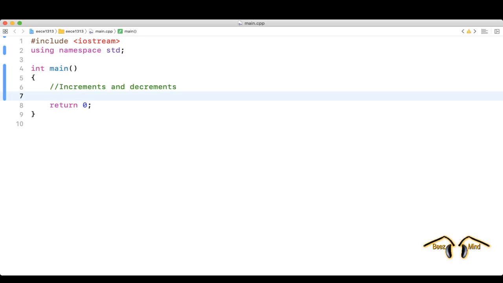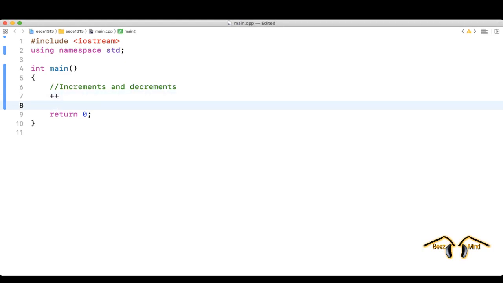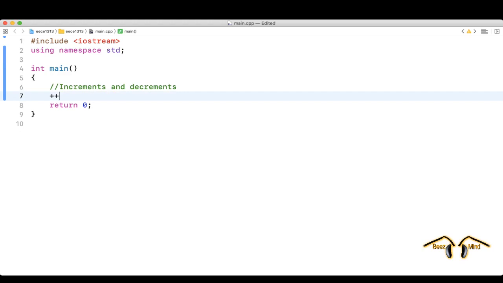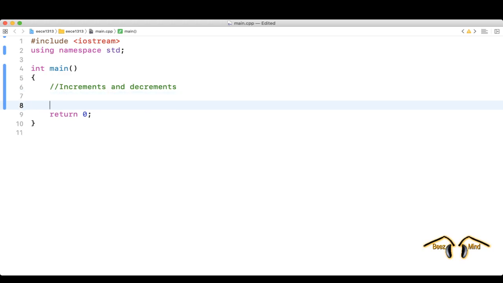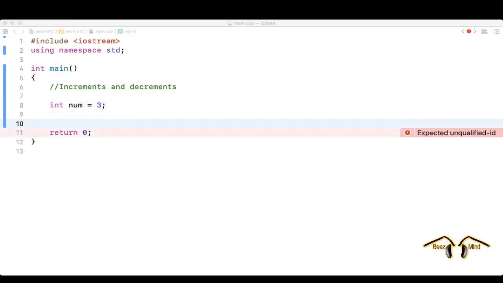In this video, I'm going to be explaining what increments and decrements are. The increment operator is like this. This is the increment, this is the decrement operator, and it can be applied to an integer variable. For example, if you have an integer num with an initial value of 3, if you do something